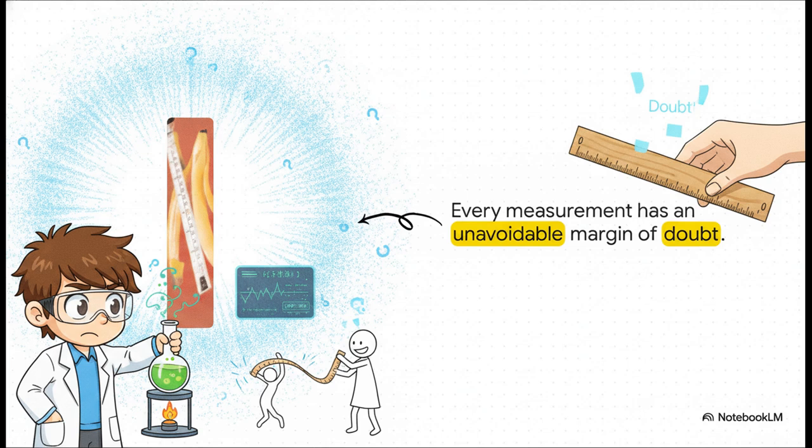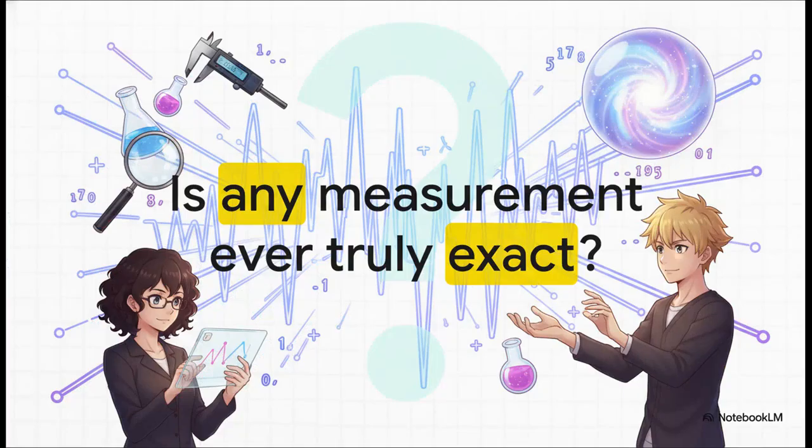And hey, it doesn't mean you messed up. It just means there's a strict limit to how well we can know a true value based on our tools and our environments. Which naturally brings up a pretty fascinating question. Can we ever achieve a perfectly exact measurement, or are we just doomed to always account for some level of uncertainty? Well, the reality is that the total variability in any measurement is always a combination of the system's actual true variability plus whatever error we introduce during the analysis. Because of that, we always have to account for uncertainty. We aren't really chasing perfection here. We're just trying to minimize errors so we can actually understand what we're looking at.